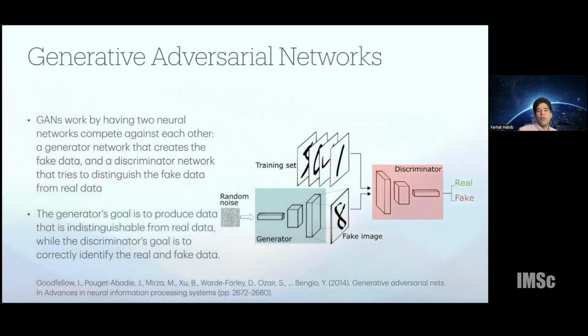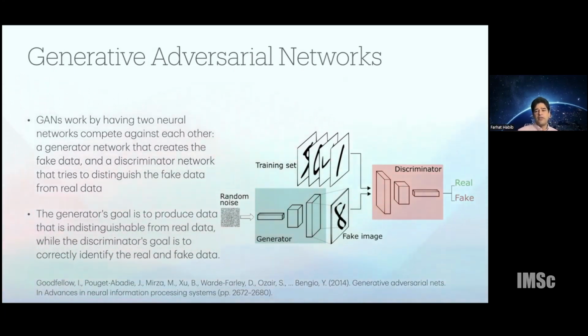So what you have, let's say in this figure that you see on the right-hand side, is a generator. The generator takes in some random noise and converts the random noise to a fake image. And there is a discriminator, which is trained to distinguish between a real image and a fake image. And if the discriminator cannot tell real from fake, then that means your generator has gotten good enough that the images it is producing are as good as a real image.